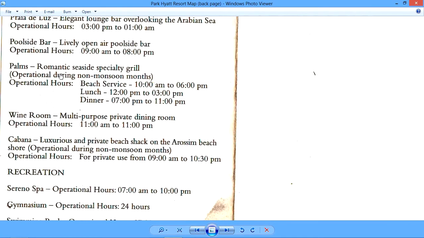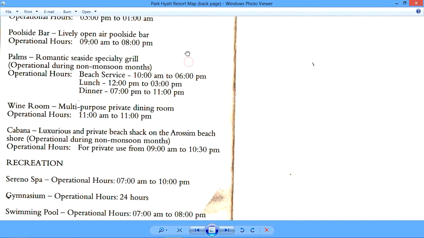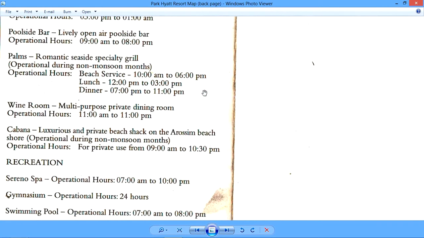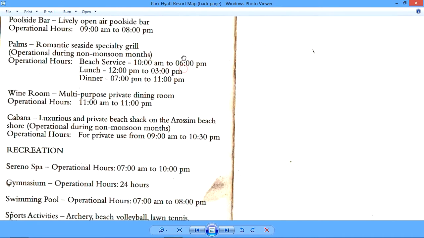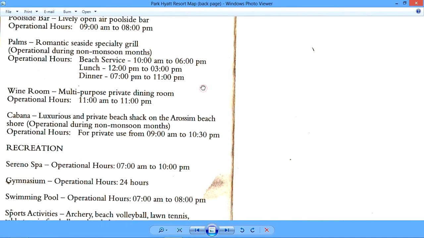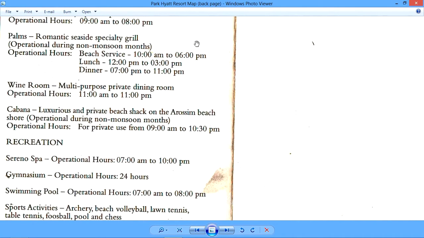Palms is a romantic seaside specialty grill. So you can have your grilled seafood items there, but only operational during non-monsoon months. I have done my training in Goa, at Fort Aguada Beach Resort. So monsoon is, it rains a lot in Goa at that time, and it's not easy to have an outdoor facility during monsoons in Goa.